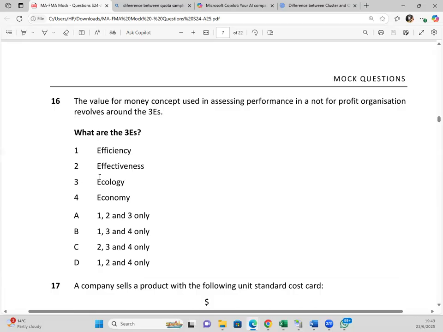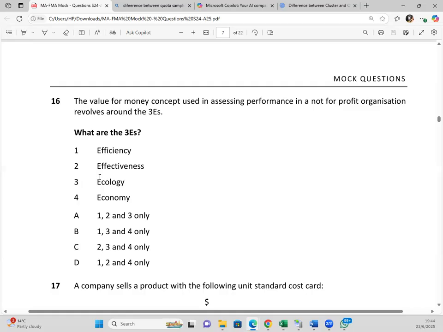So if we are efficient, it means we are able to get the most output from the minimum input. So being efficient, we are able to get what we want using very little input. Then effectiveness, it's being fit for purpose. So for government-owned entities, they emphasize value for money. They want to make sure their services are efficient, they're effective. If they're effective, it's being fit for purpose. That's how they can measure their performance.